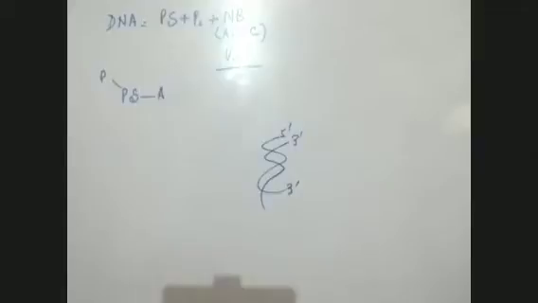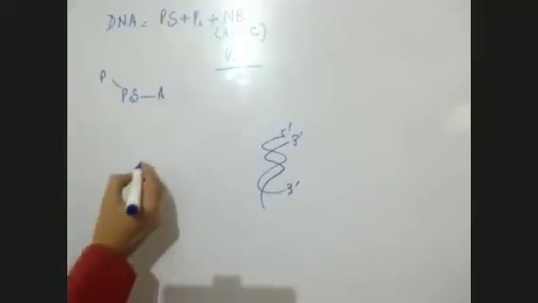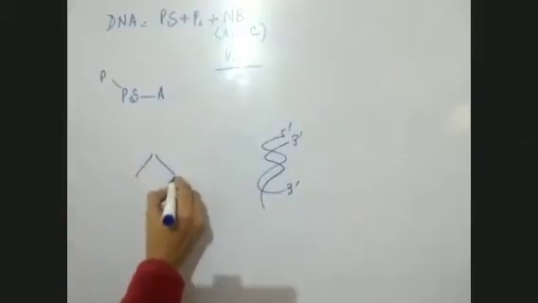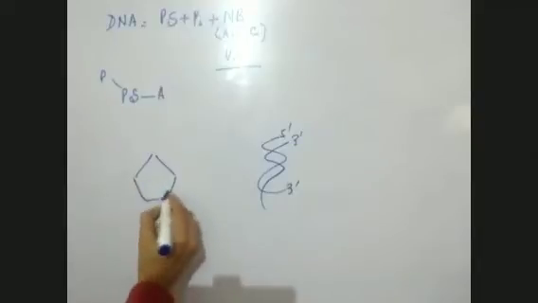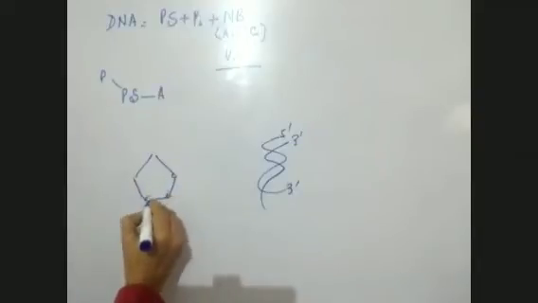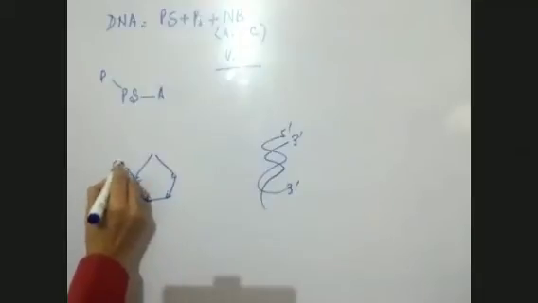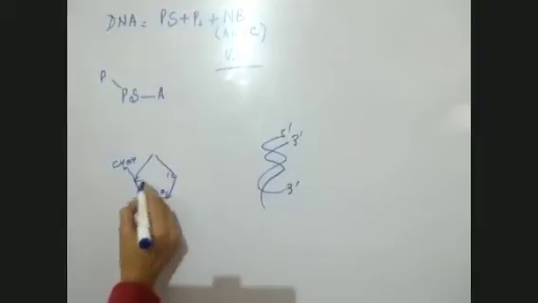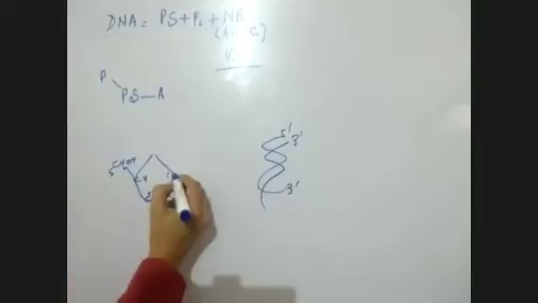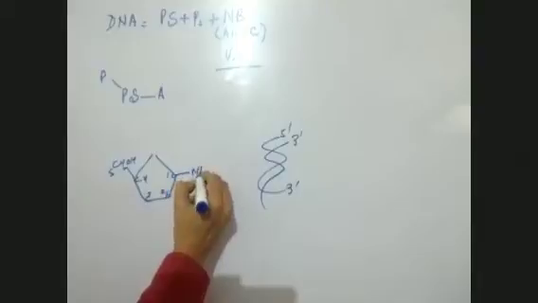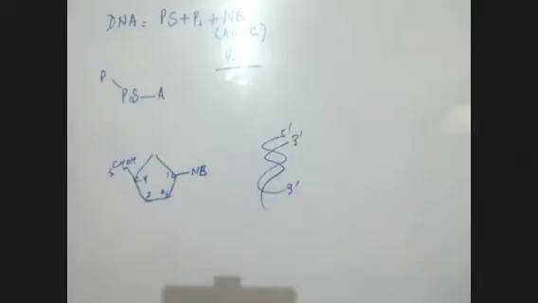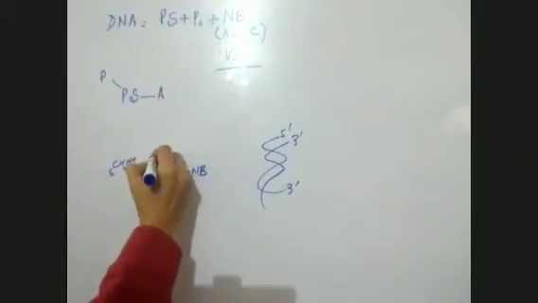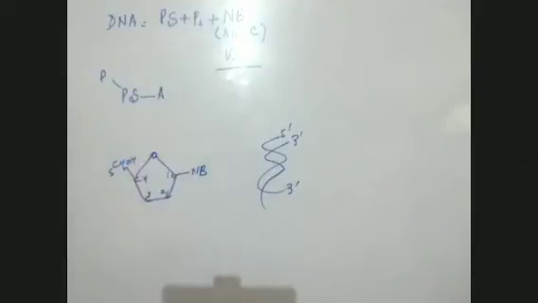Yesterday only, if you remember, I told you that if this is pentose sugar, the carbons are here. One carbon is here, CH2OH. Now, this is the first position, this is second, third, fourth, and this is the fifth carbon. The nitrogenous bases are attached to the first carbon. Okay. Now, you have to be very quick in your answering. You should not take so much time in answering if you know the answer. The reply should be prompt.